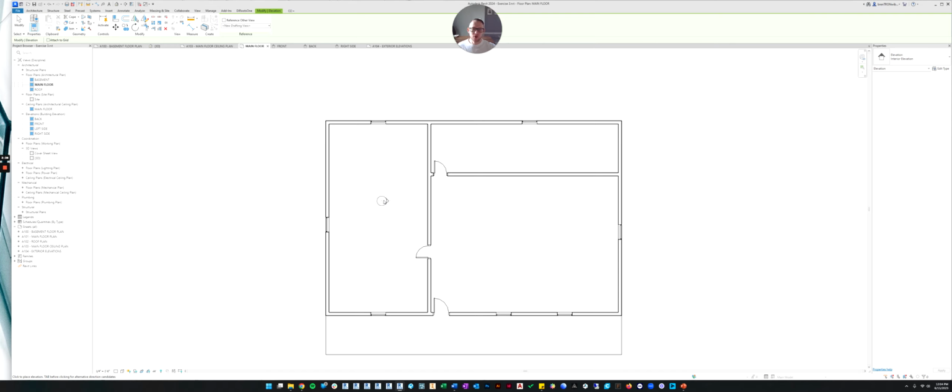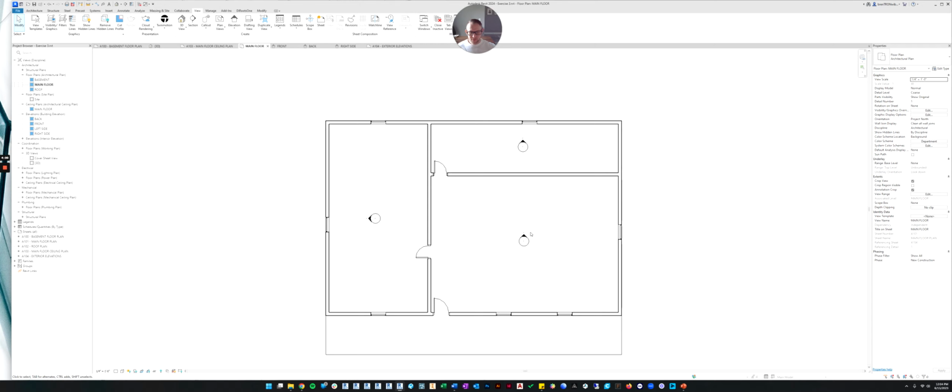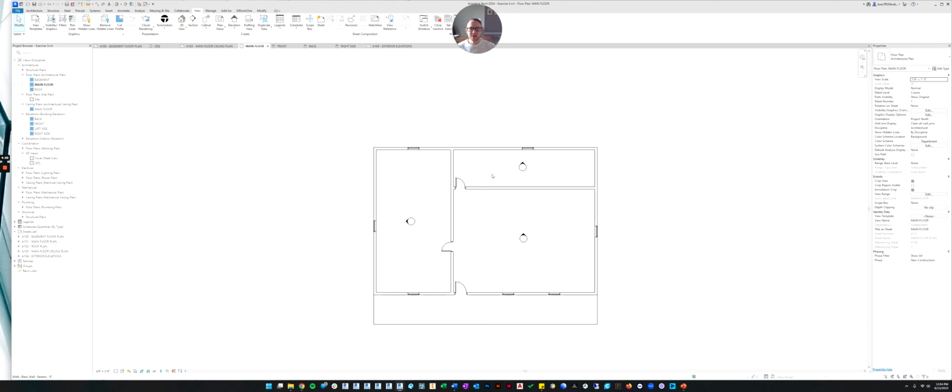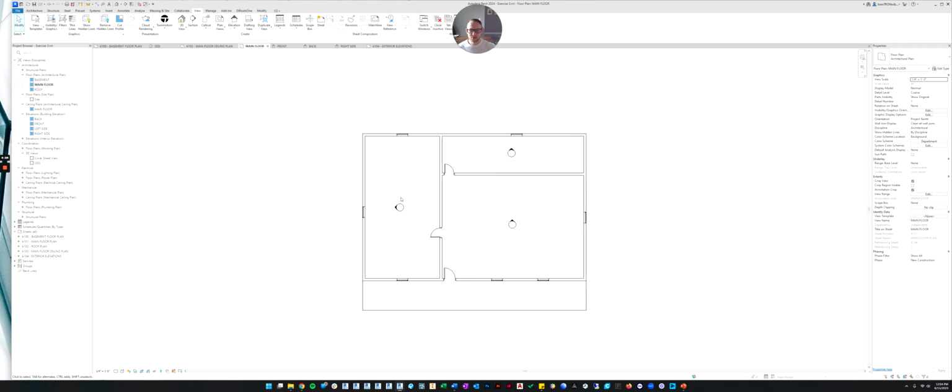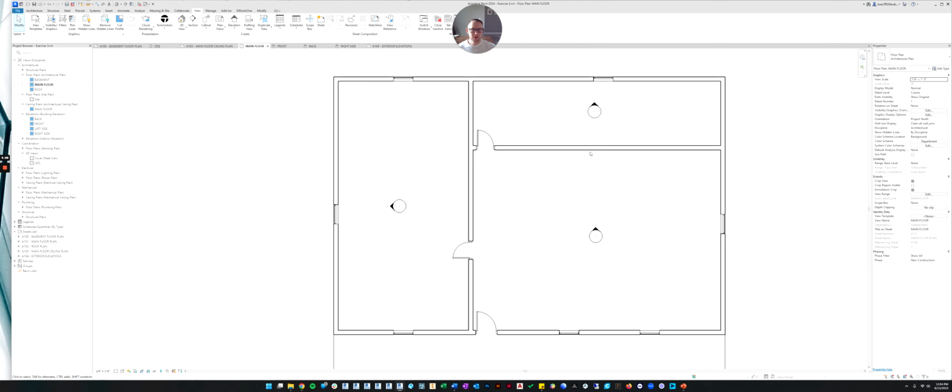For now, though, we're going to create 3 rooms worth of elevations. So I'm going to click here once. That places an elevation in this room. I'm going to click here once. And right now, it doesn't matter really which wall it's looking at. I'm going to show you what we're going to do in a second to get all 4 walls. Now this room, I'm just going to click kind of in the middle to get that one. All right, so just like we did with exterior elevations, it's placed the elevation marker.